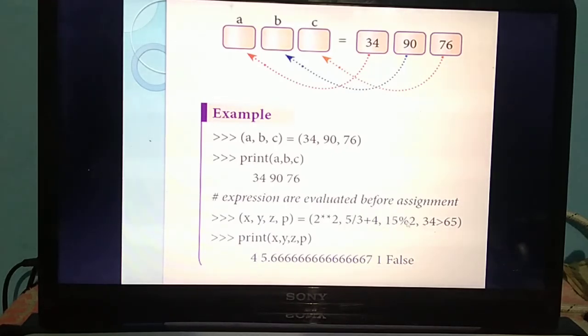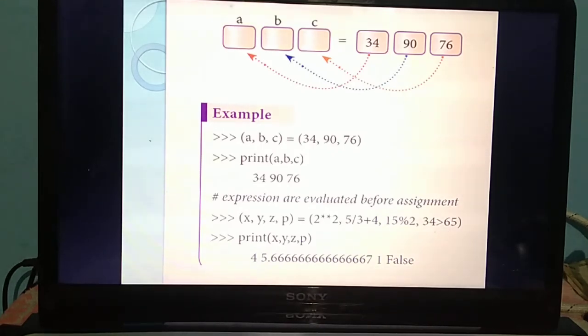Next, 15 modulus 2. The remainder you will get is 1. Then, whether 34 is greater than 65. The answer is false. So if you give expressions like this, first it will evaluate the expression, then it will display the answer.